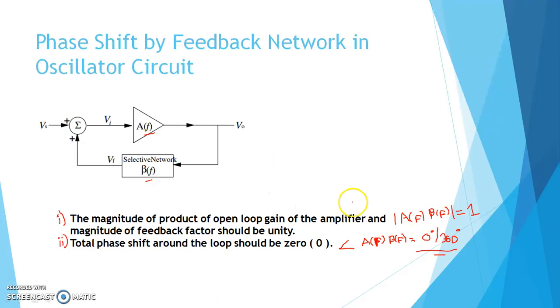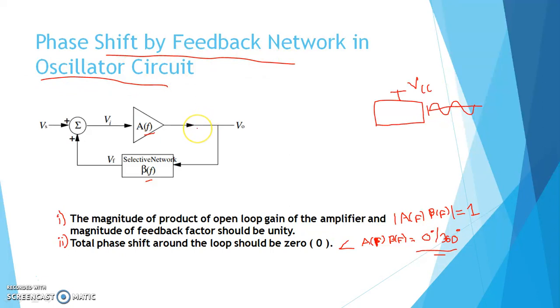Okay, so why have we got these two conditions? To make an amplifier an oscillator, we require these two conditions. Because suppose there is a block, we apply only VCC or DC input voltage, and if we want oscillation, then obviously we have to make these two conditions satisfied. Because the overall loop gain, that is A into beta, must be equal to 1, and from that we derive these two conditions. This you know. Now in this video we are going to discuss phase shift by feedback network in oscillator